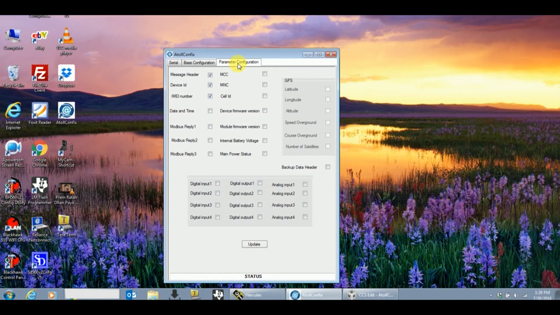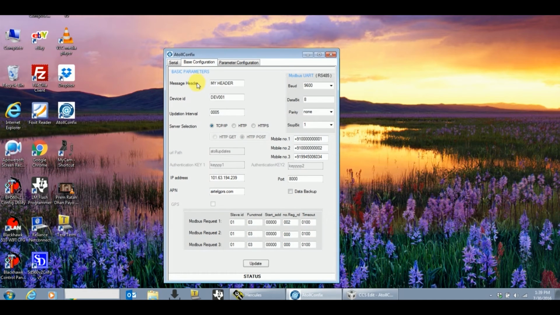In parameter configuration, I can select which parameters I want my gateway to read and update to the server. Here we can see that message header, device ID and IMEI are already enabled, where message header and device ID were already configured in base configuration.